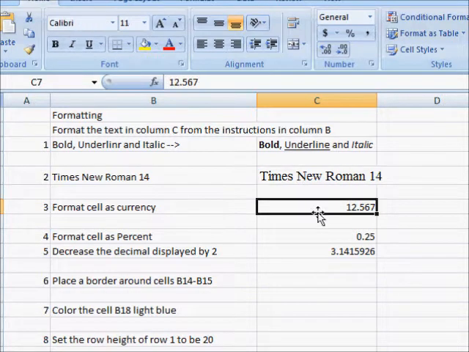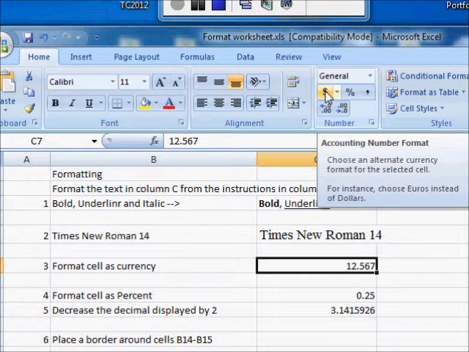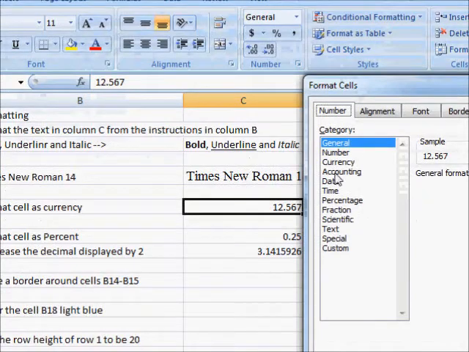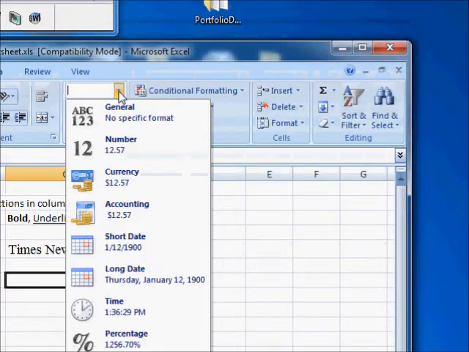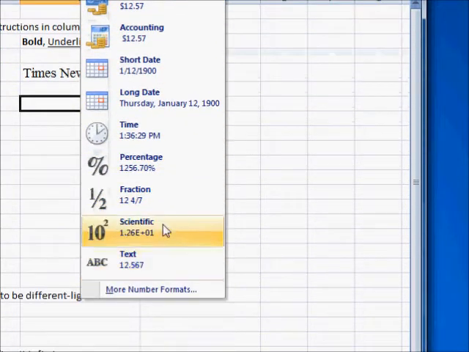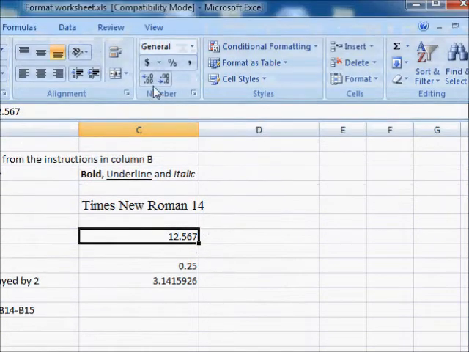In line 3, we want to change this format of this cell to currency. Well, fortunately for us, currency is a quick icon on our ribbon, but we can also change it to a number of types in the dialog box. And we can open this and choose different dialog boxes. But for us, this cell simply needs to be currency, so I'll use the quick one that's on the top